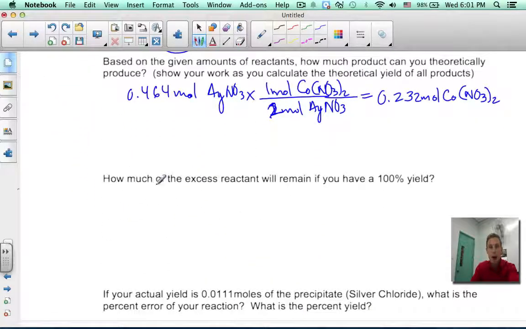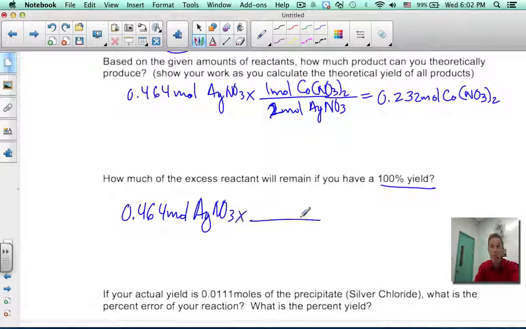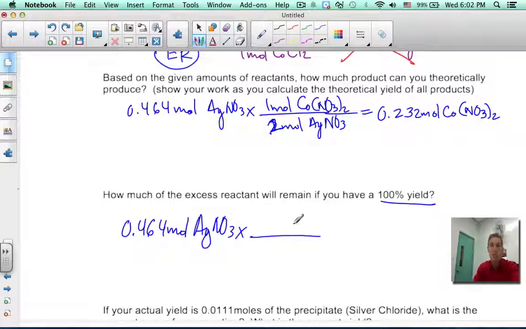I come down here, how much of the excess reactant will remain if I have 100% yield? So now I still take my limiting reactant, my 0.464 moles of my silver nitrate, and I convert that into my limiting reactant. My limiting reactant was the cobalt 2 chloride. So moles of cobalt 2 chloride for every mole of silver nitrate. There were two